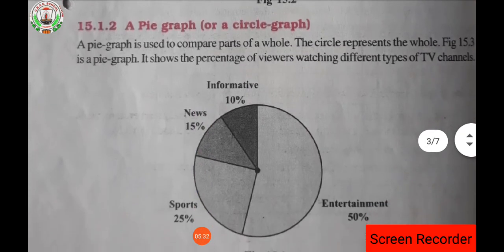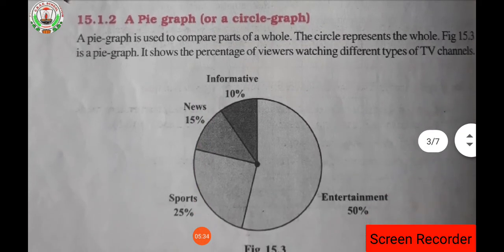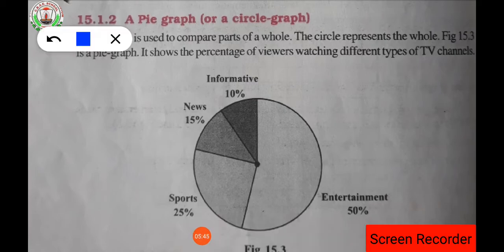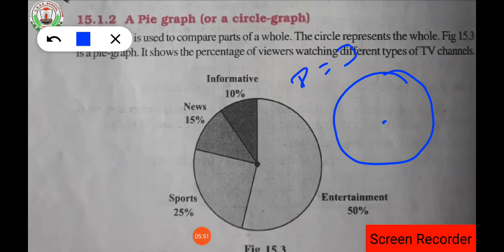The new thing which we are going to see here is a pie graph. Pie graph is also known as circle graph and it is also called a pie chart. Okay, so pie chart is going to be drawn in the form of a circle. This is a circle and its degree is how much? Degree is always 360. Whatever a small circle, big circle or a large circle you are going to draw, its degree will be always equal to 360 degree, isn't it?